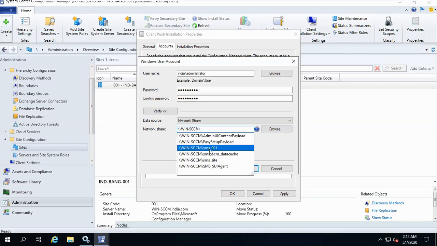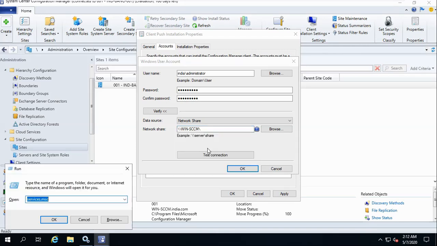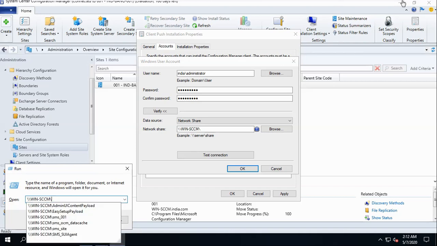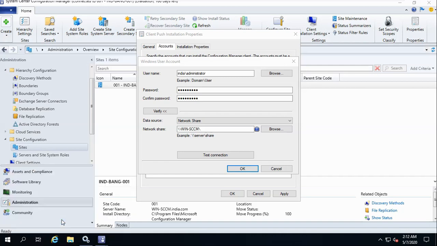Guys, this SMS 101 is your main database. All the files are stored here, and that client will be coming from here. Let me show you: if you search win-sccm and slash, you will see this. If you go to this folder and open it, you will see where it went.